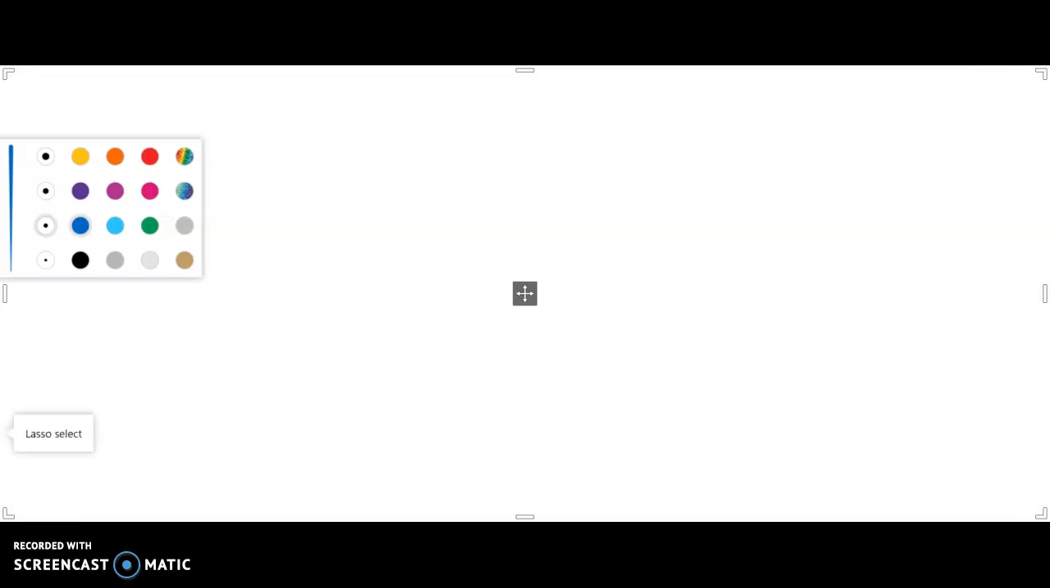Hello students, today we are going to discuss what is a metric space. A metric space is a set together with a metric. Then what is a metric? A metric space is denoted by an ordered pair